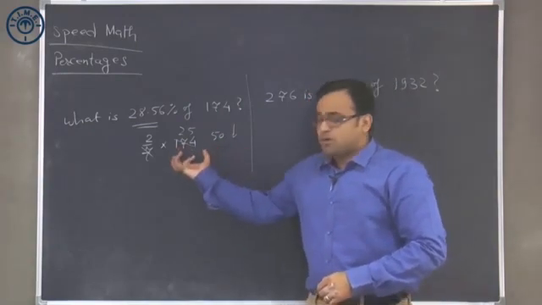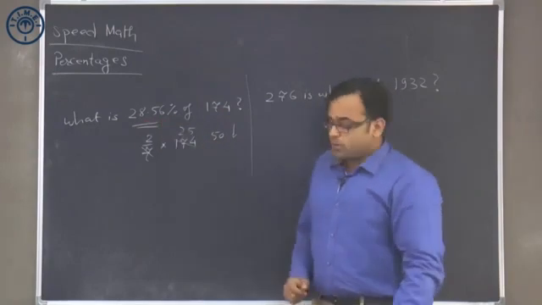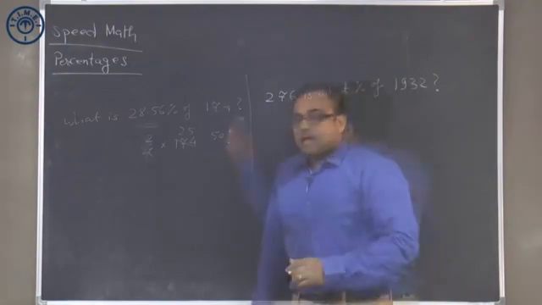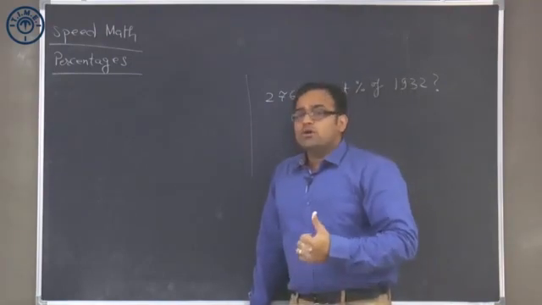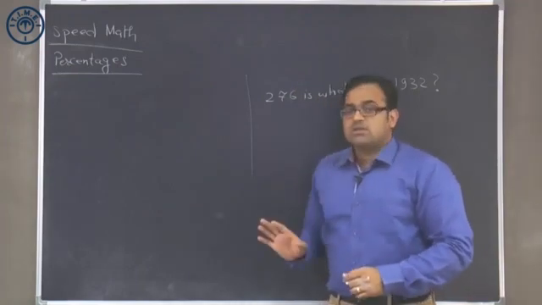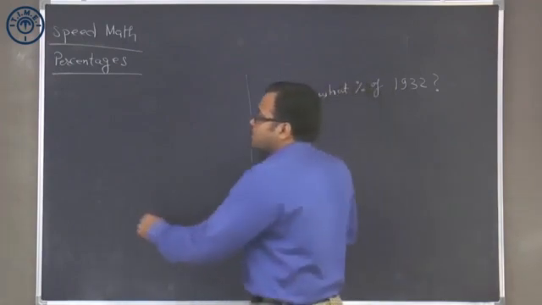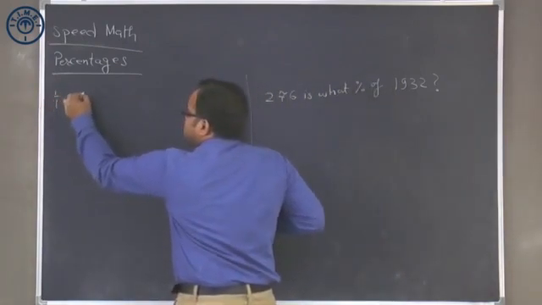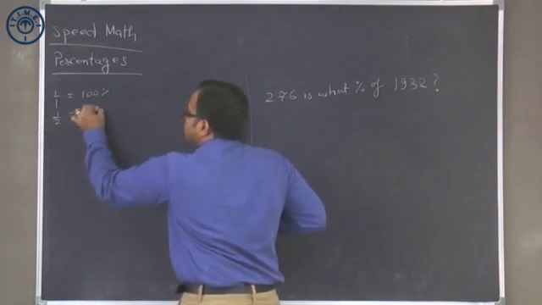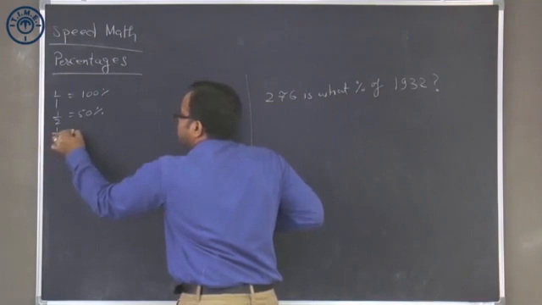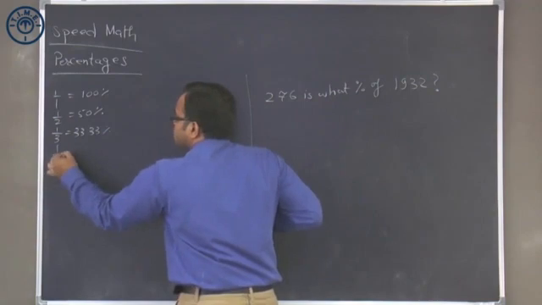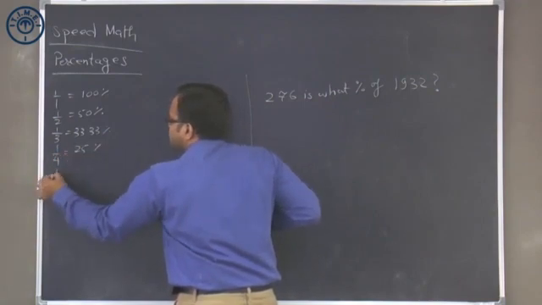However, for me to be able to do this, what is important here is that I need to be able to identify that 28.56% is 2/7 of 174. And in order to be able to convert percentages into fractions and vice versa, a couple of basic numbers that you should definitely keep in mind. 1/1 is equal to 100%, 1/2 is equal to 50%, 1/3 is equal to 33.33%, 1/4 is equal to 25%,